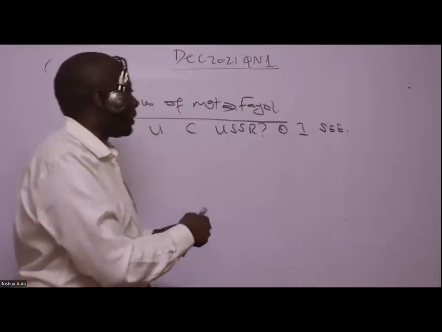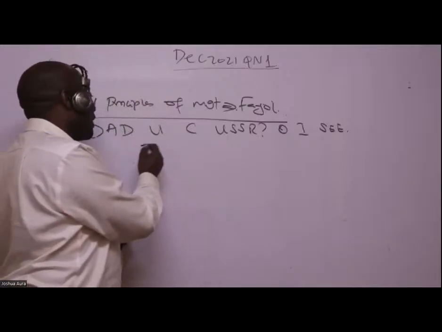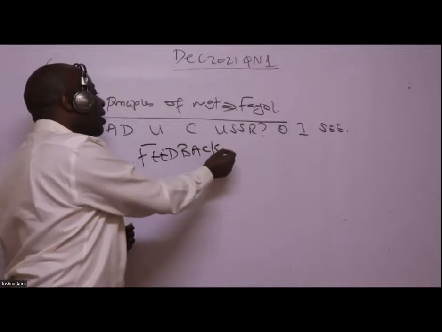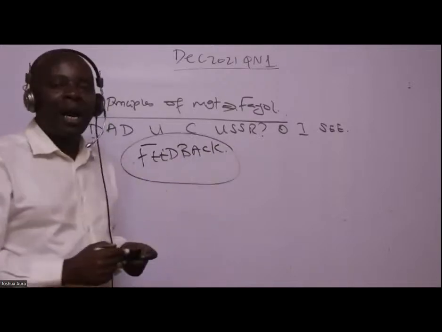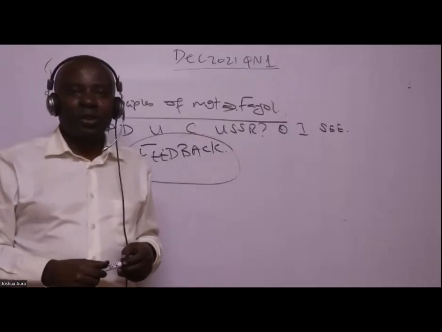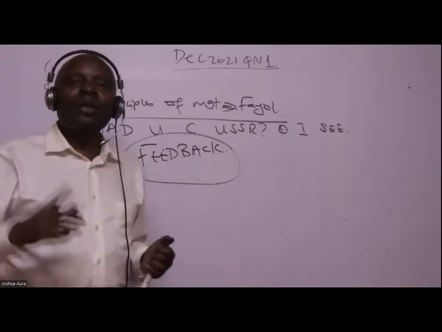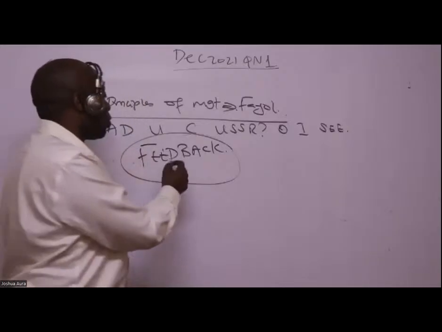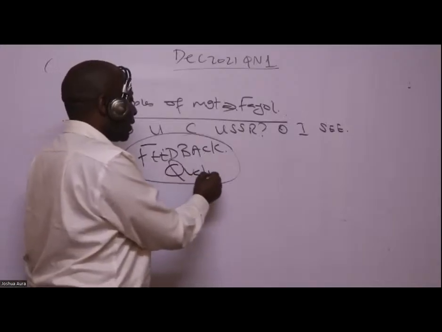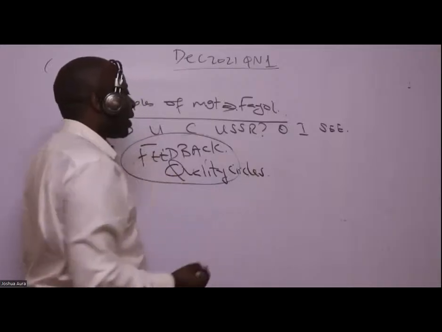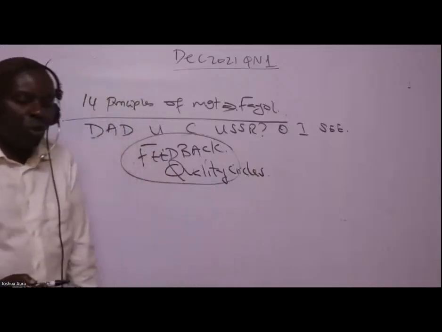This is very important. If you want to transform the entire organization, have a very, very strong feedback system in the organization. Listen to your employees. I like what Joanne said, listen to these employees. Ladies and gentlemen, form what we call the quality circles. I hope you know what quality circles are, and I hope where you are working, you normally make use of them.